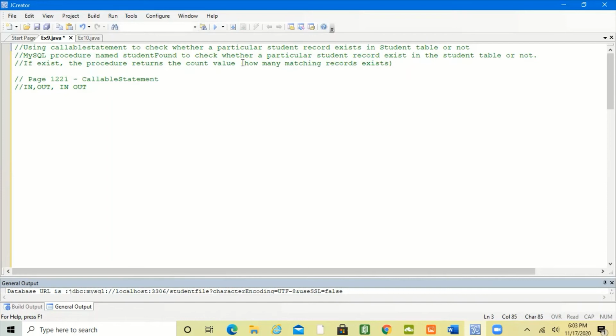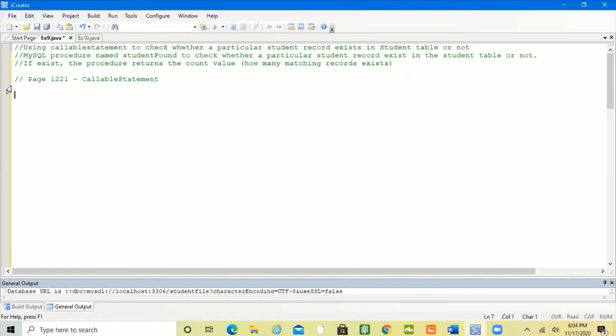Let's say there are 2 matching records, it will return 2. If there is no matching record, it will return 0. So I'm going to use an INOUT parameter. The procedure is going to take a value and the procedure will return a value. So this is the question.